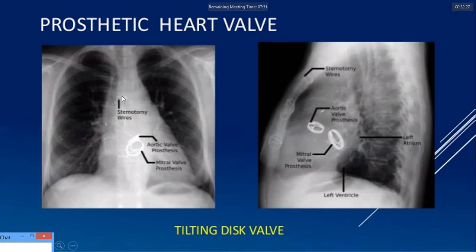So always keep in mind and look for the peculiar site of the aortic valve and the mitral valve. This is the aortic valve prosthesis and the mitral valve prosthesis. Usually the aortic valve is superior in comparison to the mitral valve. We have already discussed the imaginary line from the hilum to the apex. So the aortic valve is superior and the mitral valve is inferior. In the lateral view, this is the place of the aortic valve, and this is the place of the mitral valve, along the line extending from the apex to the hilum.